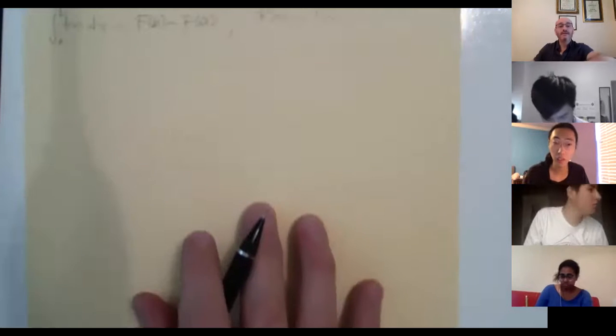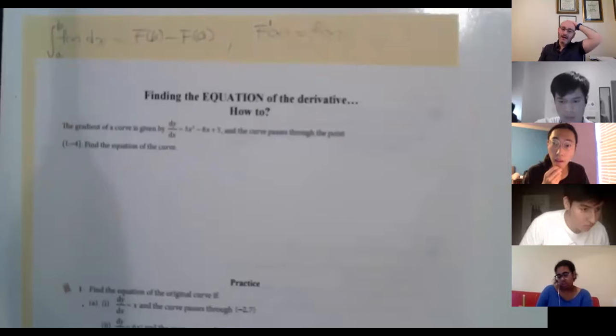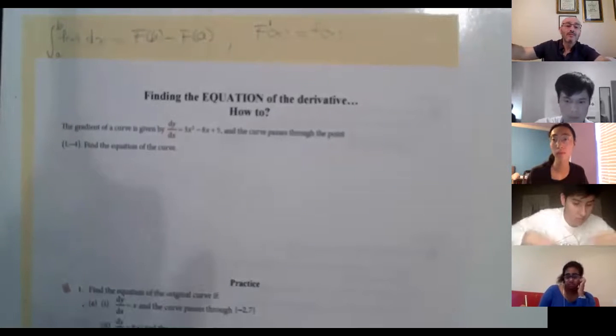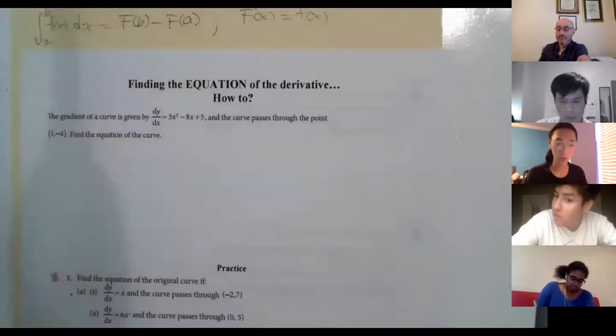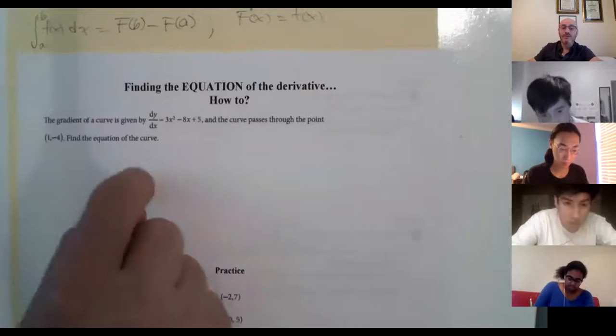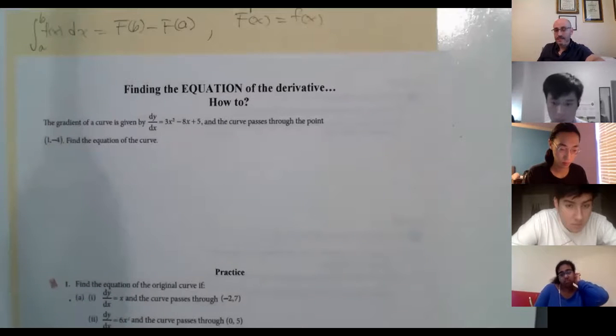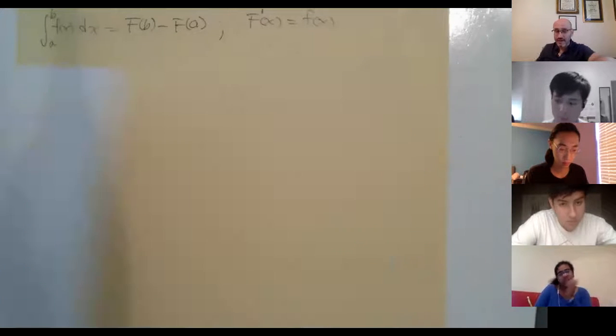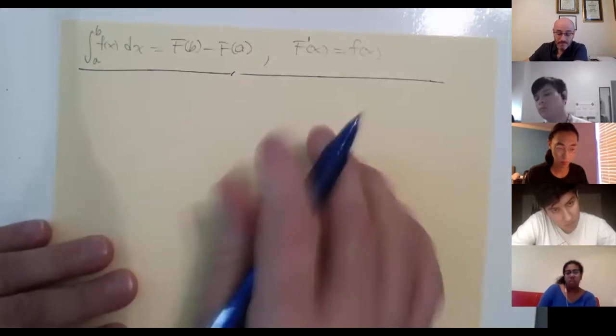So for that, I'm gonna use this handout. It's kind of blurry, what's going on? There. So the first example we're gonna do is the one there, okay? So this is how it's gonna work. All right, I'm gonna rewrite it here. I'm gonna use this paper. All right, so